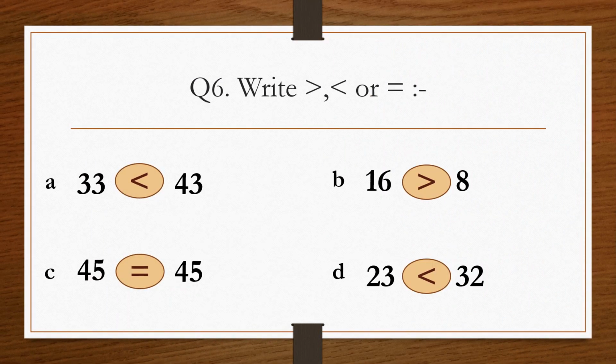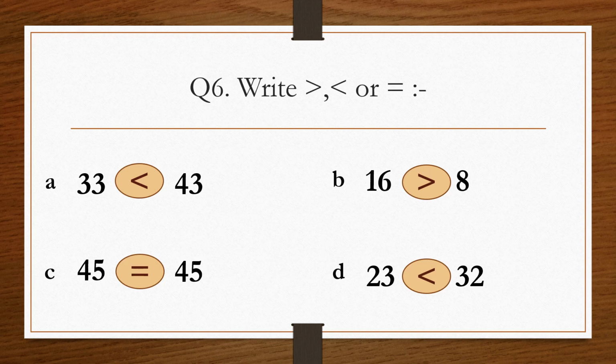Question number 6 is write greater than, less than or equal to. In this question, numbers are given. You have to compare the numbers. Which one is the greater number? Which one is the lesser number? And then you have to put the signs of greater than, less than or equal to. Number A,